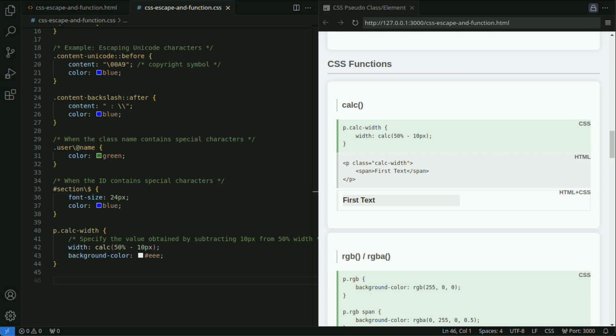The calc function is used to dynamically calculate values like width and height of elements. You can use the plus, minus, asterisk, slash operators to combine relative values, percent, and absolute values, px, in layouts.